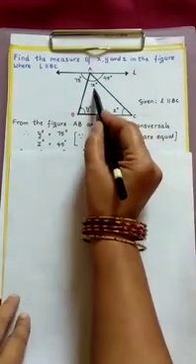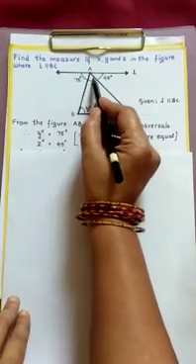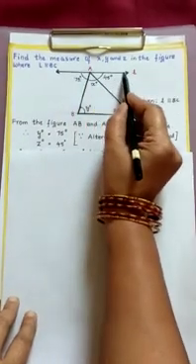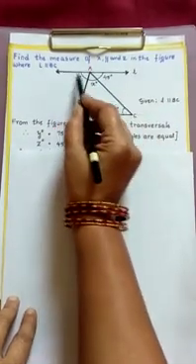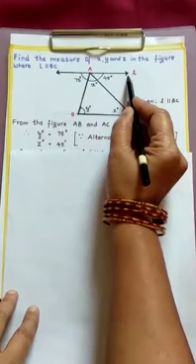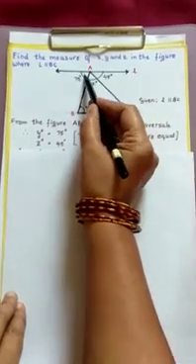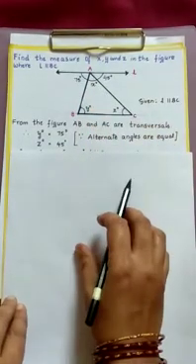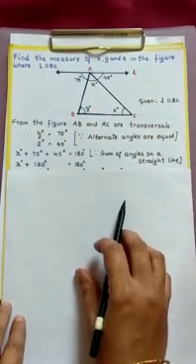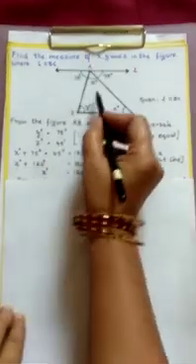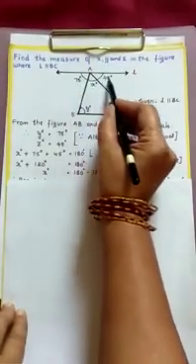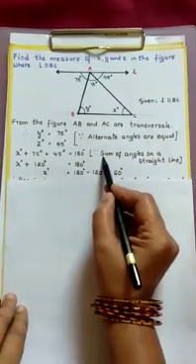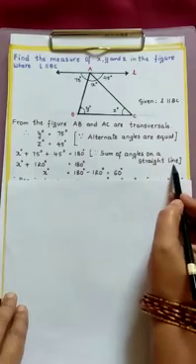Now we have to find the value of x. Now observe these three angles. These three angles lie on a straight line L. So what is the angle on a straight line? 180 degrees. So as these three angles are on a straight line, the sum of these three angles is equal to 180 degrees. So x degrees plus 75 degrees plus 45 degrees is equal to 180 degrees, since the sum of angles on a straight line.